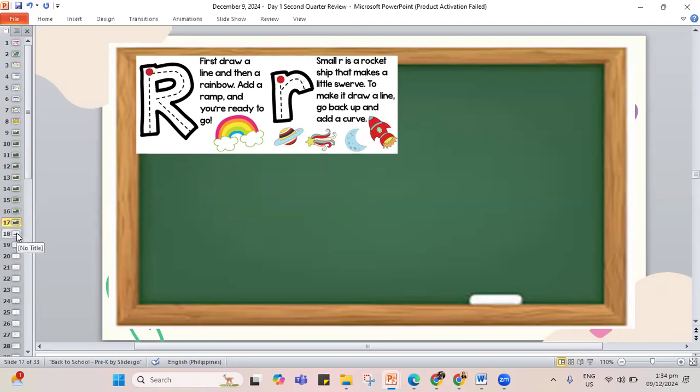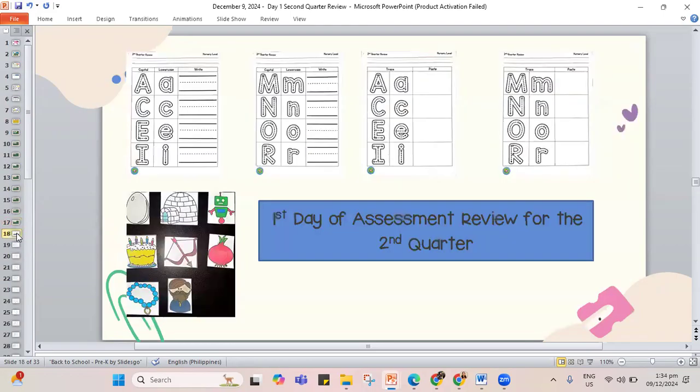Now let's jump to the next part. And how about for our work here? I have to let you view the work for today. So here we have our first day of assessment review. So I'll let you view this one first so that you can find your work. But I'll be skipping and I'll have to review you again about the things that begin with these letters, okay? So please prepare the following worksheets. These are the work that you will need to do for today, okay?